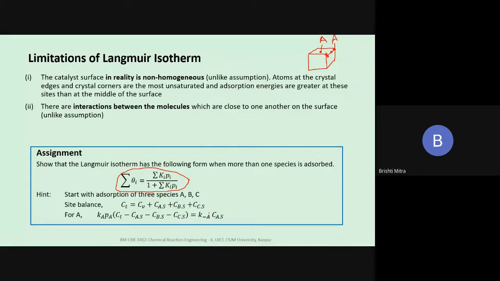Similarly, you can have an expression for theta B when you're considering the second adsorbed species. And in the case of the third adsorbed species, the surface coverage, theta C, can also be found out. Then you sum it up, that is add up theta A, theta B, and theta C, and see if you can come up with a general expression like this. It's very similar to the way it is done for one species. So do it for one species, the second species and the third species, and then add them up and write up this general expression. You can do that simply. I'll upload it as an assignment, and we will discuss this in our tutorial class tomorrow, and the previous assignment too.